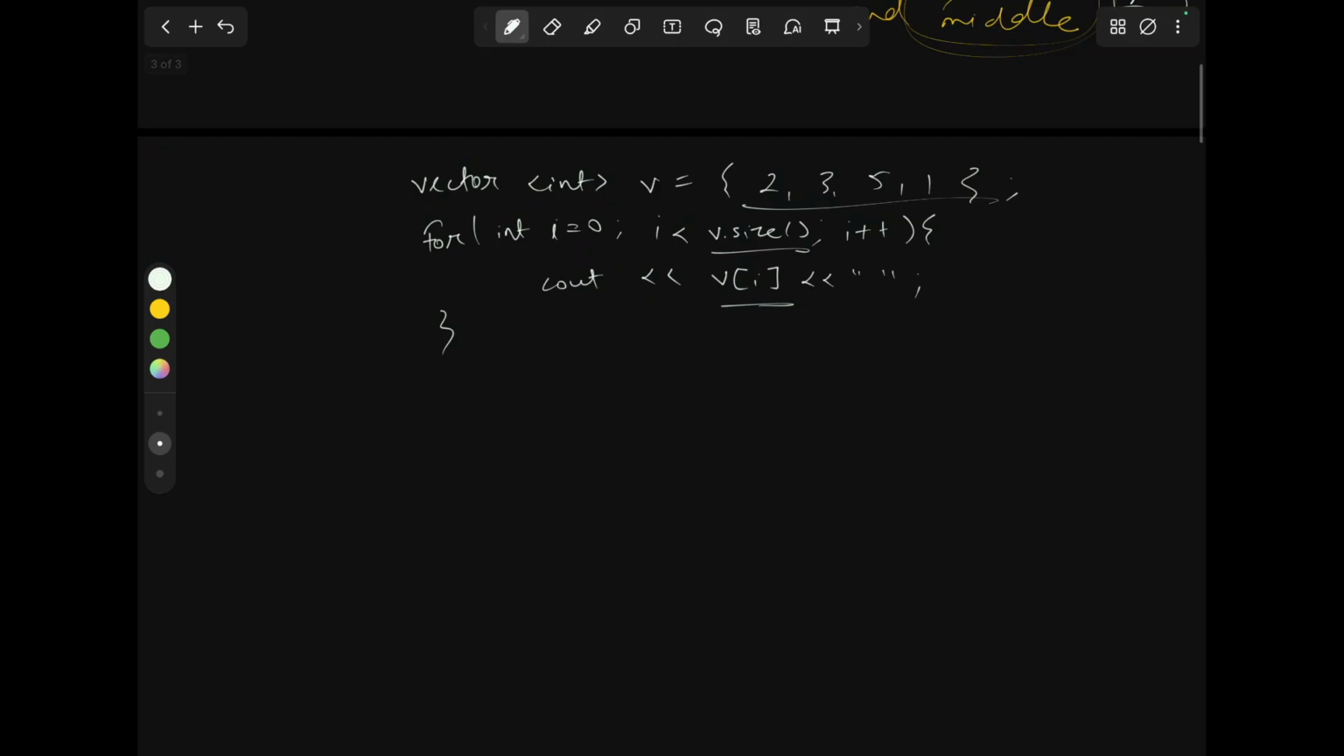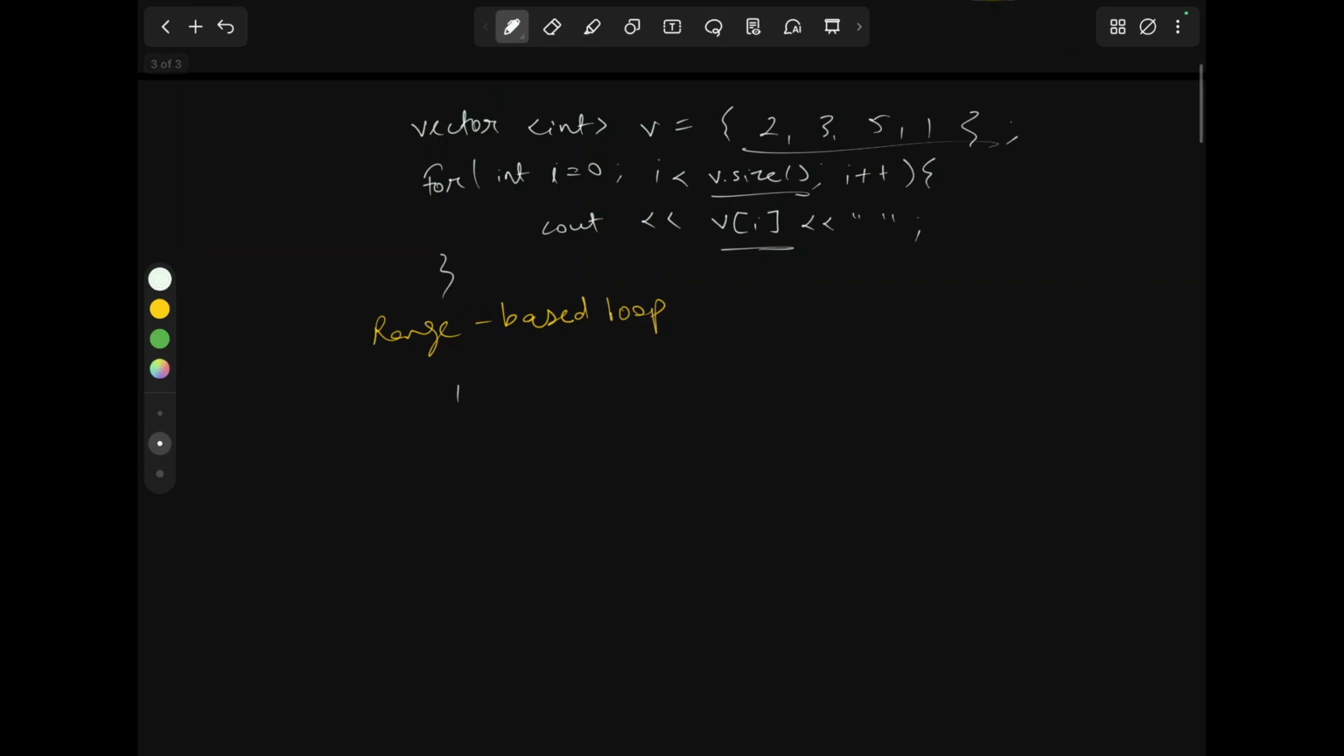Now there is another way to use loops, which is called a range based loop. So how we are going to write it: for int